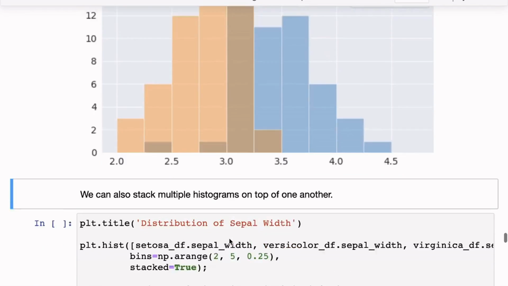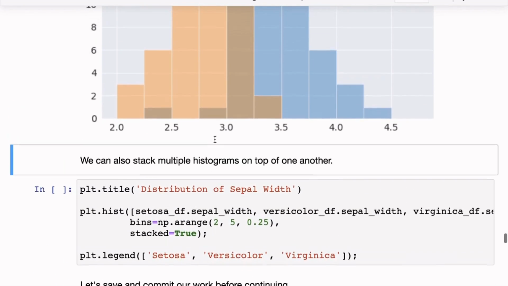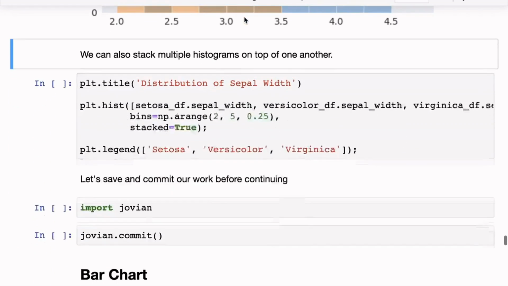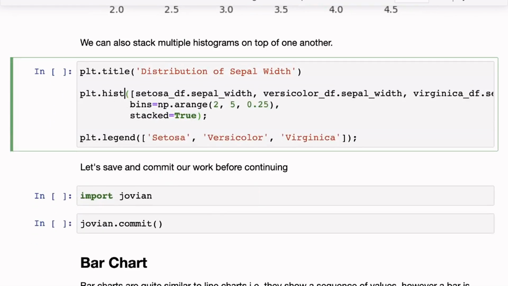But what we can also do is we can stack histograms on top of one another. So here actually both are overlapping, but what we can do is we can put this bar above the previous bar. And the way to do that, it is actually a little bit easier, is in plt.hist, instead of passing a single set of values, you can pass multiple arrays.